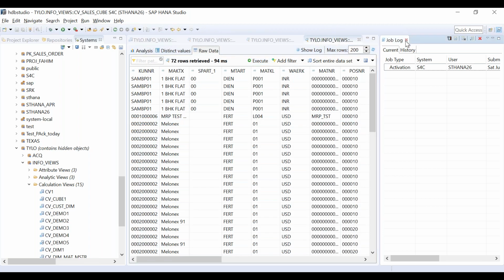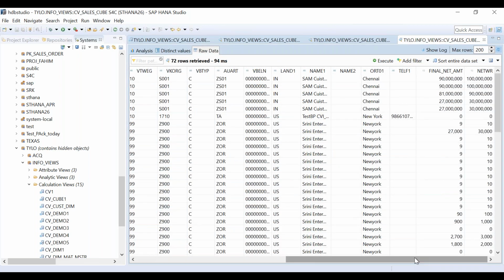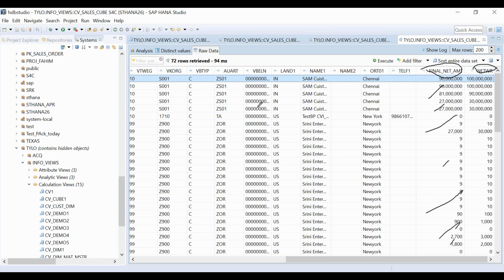And now let's see exactly what is happening in the net amounts. Okay. So let's go to net amount. Now you see this is net amount and this is final net amount. Do you see any difference? This is final net amount, which I just calculated. And this is your net amount, which is coming from the database. So you see, 10% discount is there everywhere, isn't it? Yes, it's there.